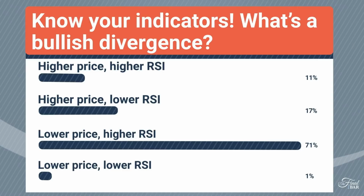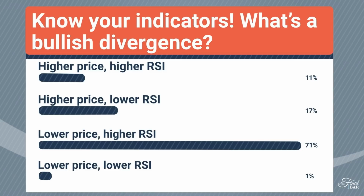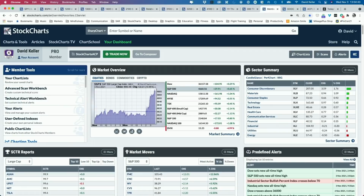With breadth indicators, you look for divergences, and that's just when some sort of derived indicator from price or from volume or sentiment disagrees with the direction in the price behavior. And the idea is the momentum leads price, right? Momentum tells you where the price is most likely headed next. Let's continue on with today's market